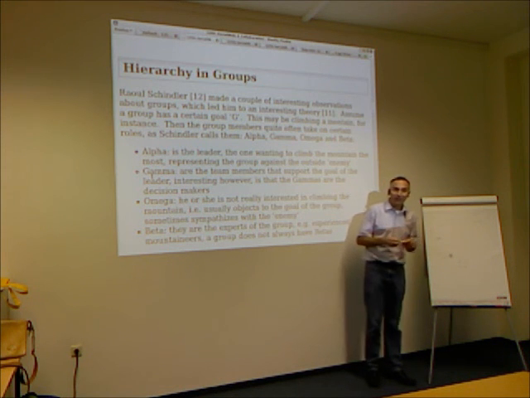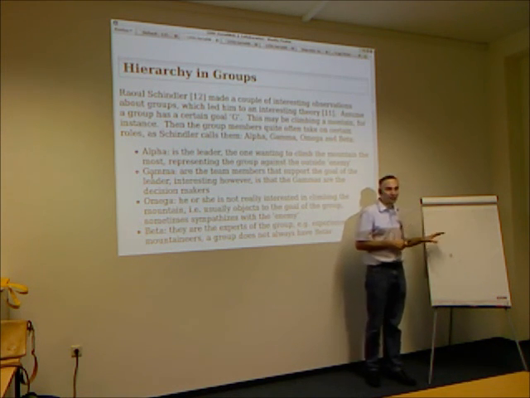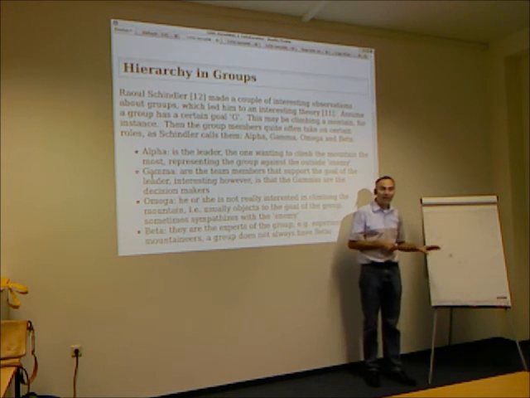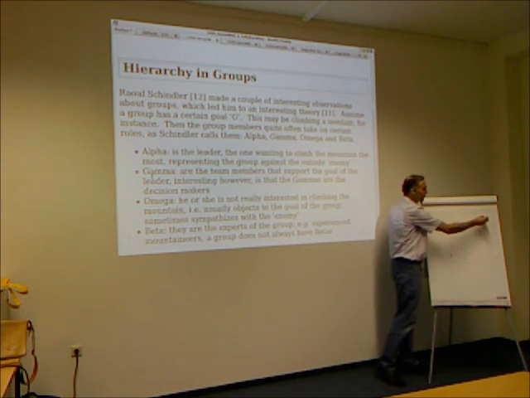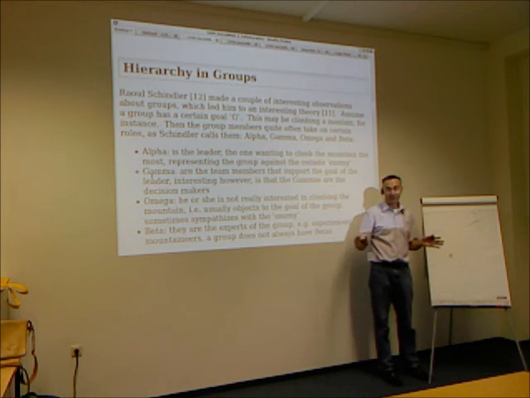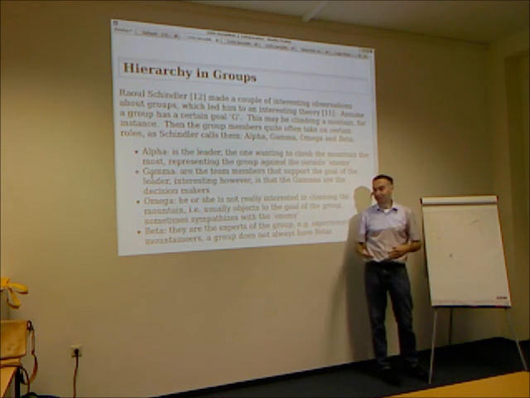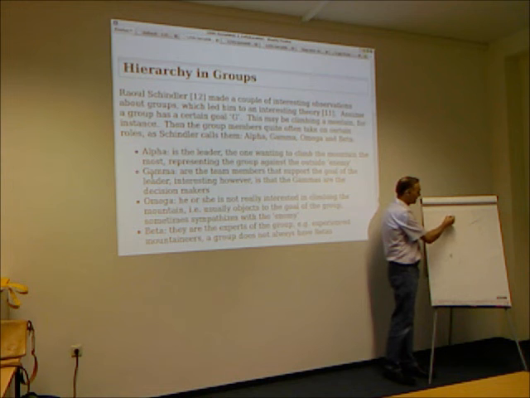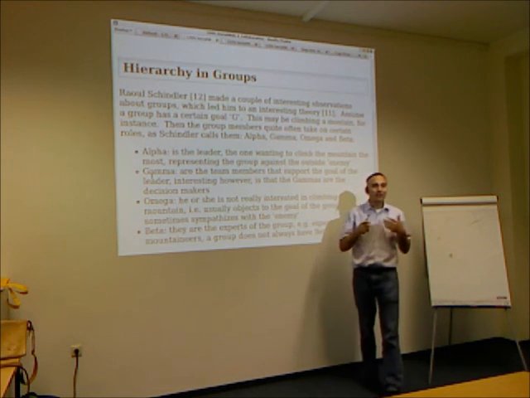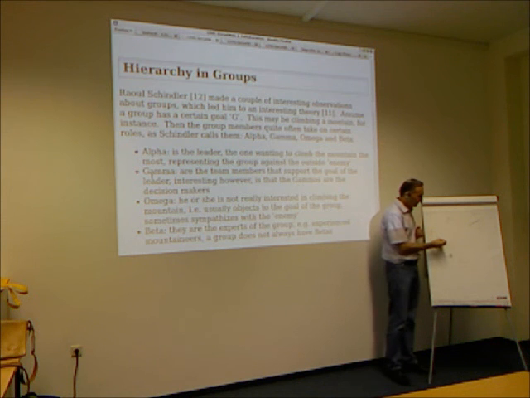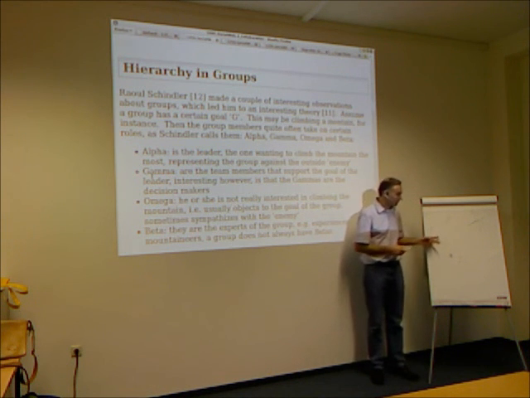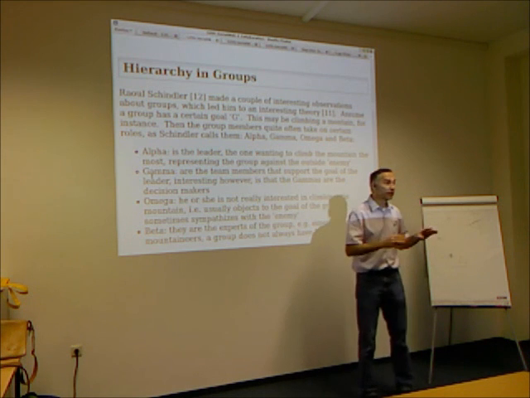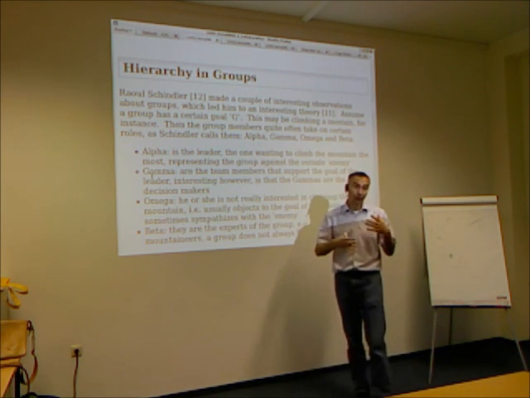So now you may think that, no matter what the goal is, the alpha is always the alpha and the omega is always the omega, but that is not so. It turns out that when we have a new goal, when the goal changes, so this one, we climbed up the mountain, so that's done. So now we want to do something else, like hunting deer, or I don't know. So we got a second goal, a new goal. If that goal changes, what can happen quite often is that the alpha becomes the omega, and the omega becomes the new alpha. Or sometimes one of the gammas becomes an alpha. So there's group dynamics, and it very strongly depends on what kind of goal the group has.